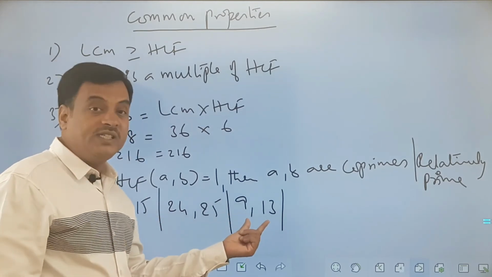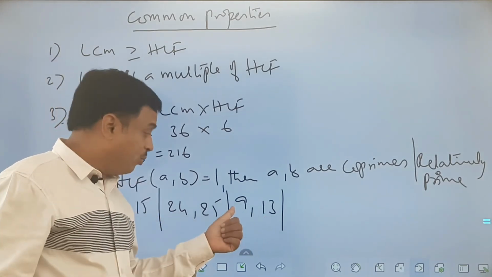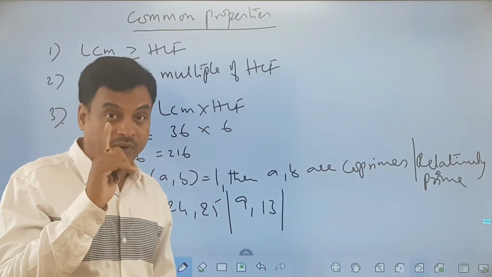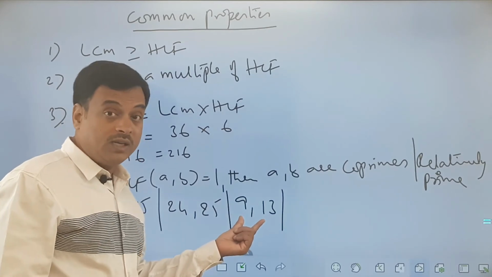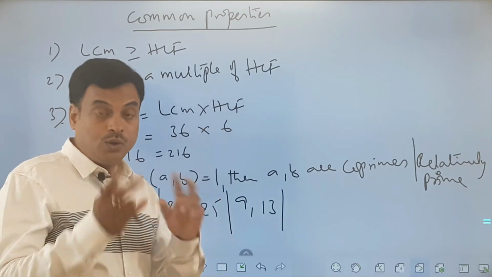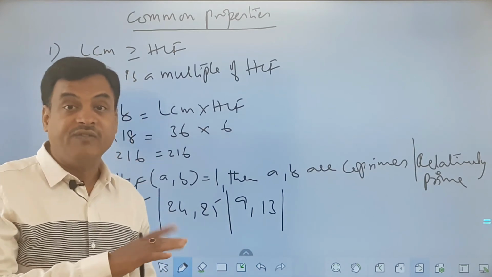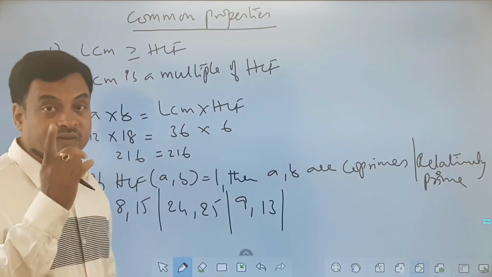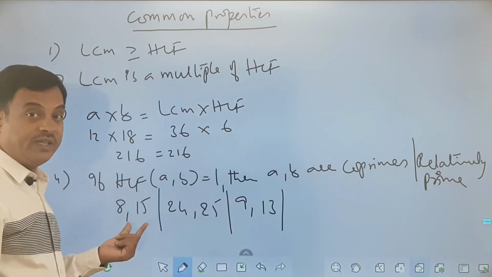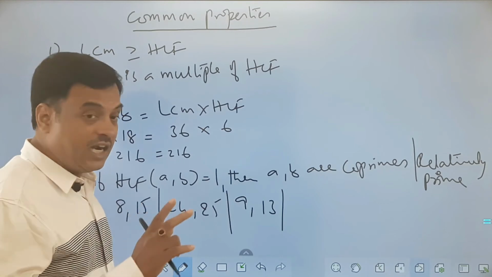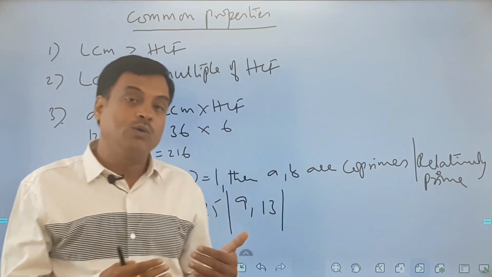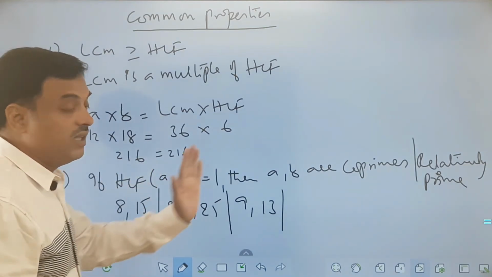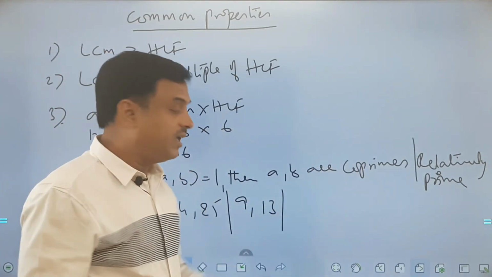Straight away. Here the difference is how much? 4. Both of these numbers are not a multiple of 4. So what is a factor of 4? Could be 2 or could be 1. Now these two numbers are also not a multiple of 2. So 2 also cannot be HCF. So what is the last one which is left? 1. So 1 is the HCF. Here the difference is 7. So between them, these two are not a multiple of 7. Therefore 1 is the common factor. So in that way, we can try to understand logically how to get these answers. Okay. So 4 points. If the HCF of two numbers is 1, the numbers are called co-primes or relative primes.